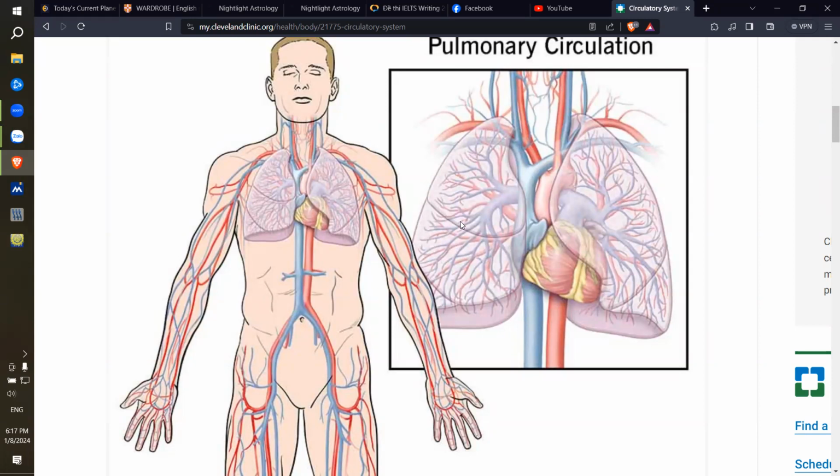The right ventricle pumps the blood into the lungs where it is oxygenated. The oxygenated blood returns to the left atrium by the pulmonary vein. The left atrium pumps the blood into the left ventricle, and the left ventricle pumps the oxygenated blood to the rest of the body by the